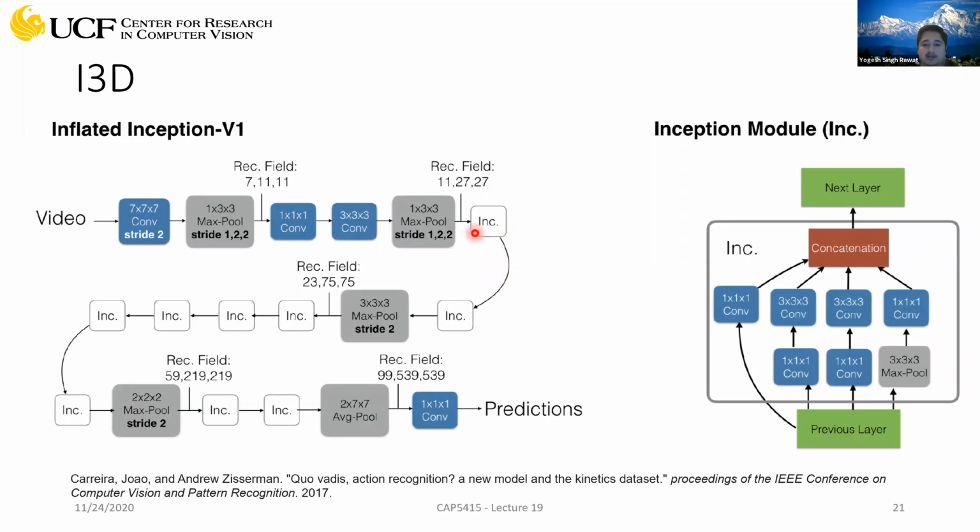And again, if you look at these inception blocks, it's the same as what they have in the 2-dimensional variant. This inception block is shown over here. What you do is you use kernels of different spatial extent. So this is a 1 cross 1 cross 1 kernel. Then you have two parallel 3 cross 3 cross 3 kernels. So you just extend your 2D kernels to 3D kernels. All right, that's the only change. And the rest of the network is same. Again, at the end, you have a convolution operation instead of a fully connected layer, which will make the predictions. And that's the I3D network.